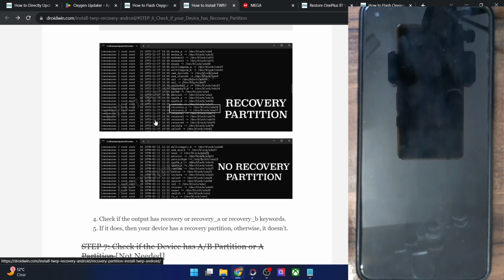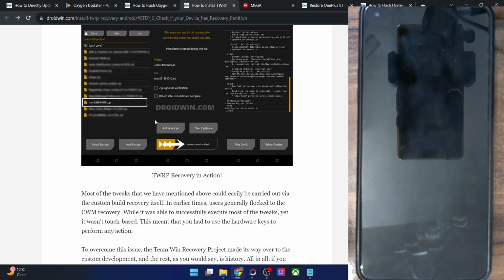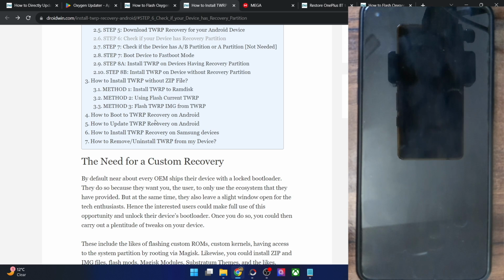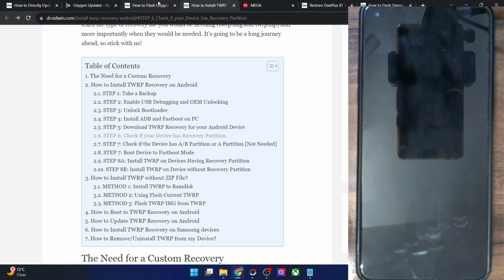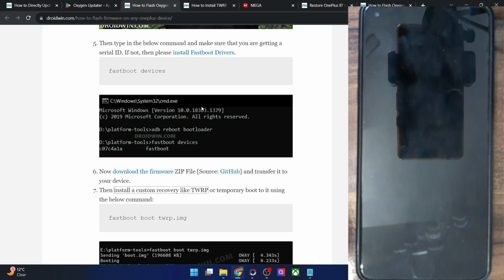Or the easiest approach is to simply boot your phone to TWRP for one-time usage. In that case, it's a universal command for all the phones, and that is what I will be using now because I don't want TWRP for permanent usage. I only want the recovery for flashing the firmware, and that's just about it. After that, I'll have to flash a custom ROM, and the custom ROM's recovery will anyhow replace the TWRP recovery.